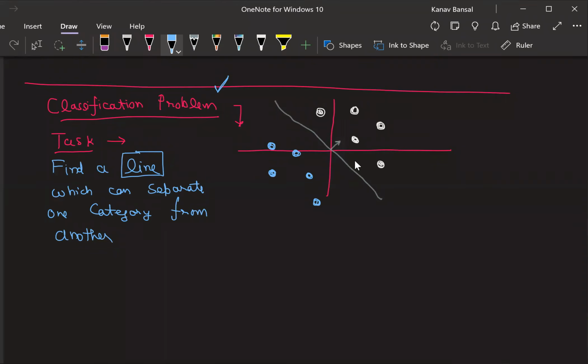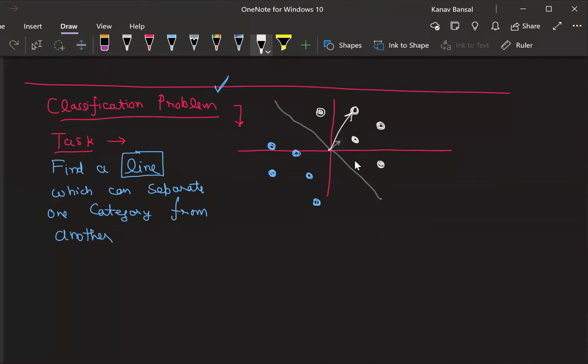Cool, perfect. Now let's make some observations. Okay, let's try to do some magical observations. The first observation: can I say that for this point, this is its vector? I think this is not visible, right? So let me use some other color, maybe the white color itself. Can I say that this is the vector for this point? Yes or no?